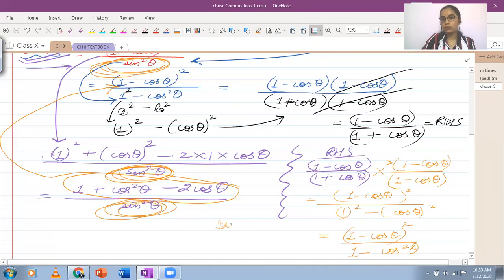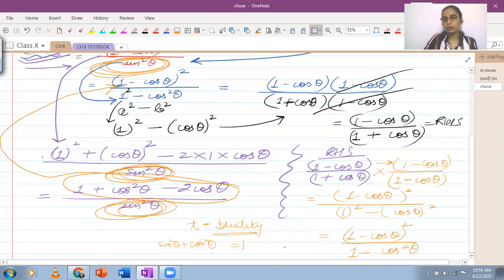So at this point, you try to think of identity. Because you know almost you've reached your answer. You've almost reached your answer. Numerators आपके already equal हो गए हैं. The only problem is the denominator. Now is the best time to think of the trigonometric identity which could be used here. So right now at this point you can think of the trigonometric identity and see if it can help you change any of the two sides so that left hand side becomes equal to right hand side.